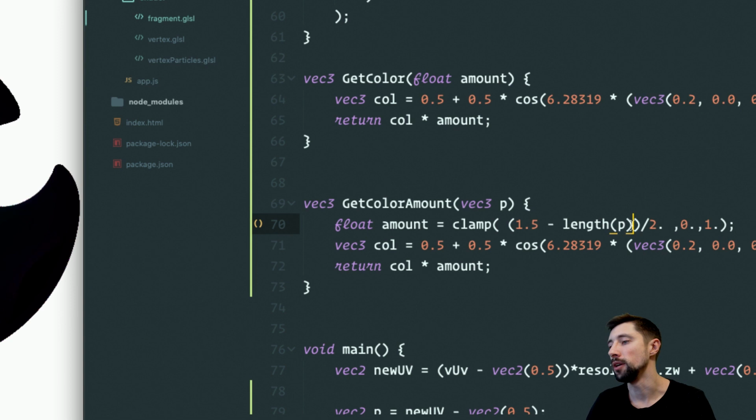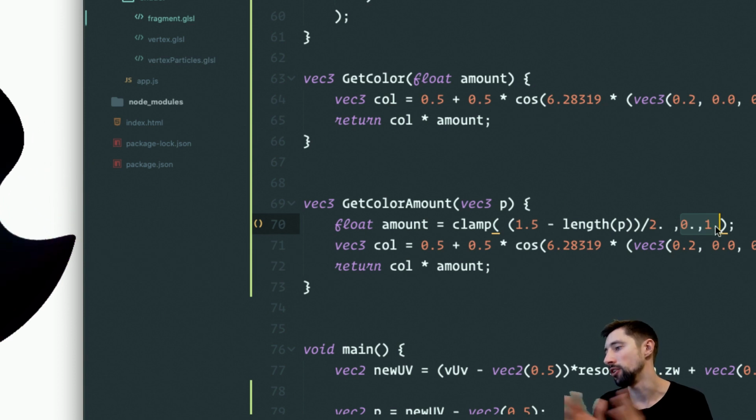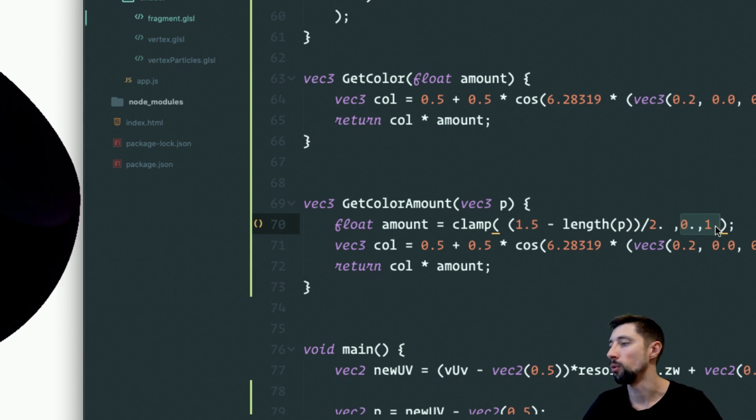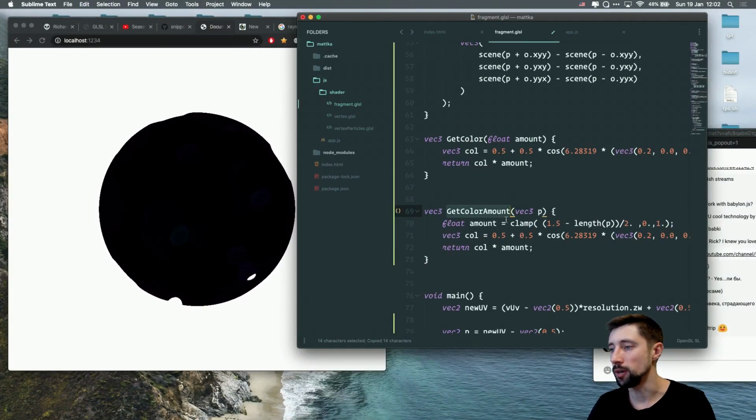Because the length of p goes like hundreds, and 1.5 minus hundreds is just... Oh, I mean, it's minus hundreds. But because of the clamp function, which just makes every number 0 or 1 or between in this range, it's going to be 0. And 0 is just black. So let's try this get color amount